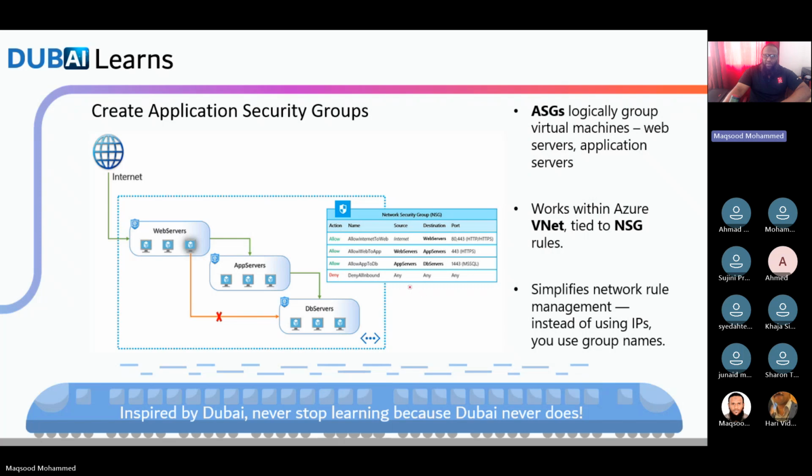So this is called application security group. You're combining the servers in one particular group called application server group, and you can use that group name in your network security rule set. So ASGs logically group